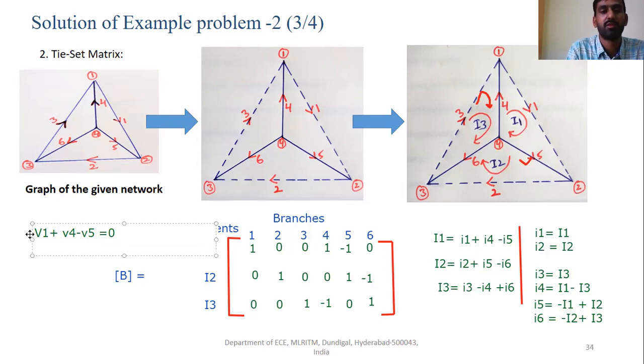The algebraic sum of the voltages in a loop is equal to 0. And also with respect to the second loop, V2 plus V5 minus V6 equal to 0. You can make it small i or capital V, as it is the voltage, make it capital V only.